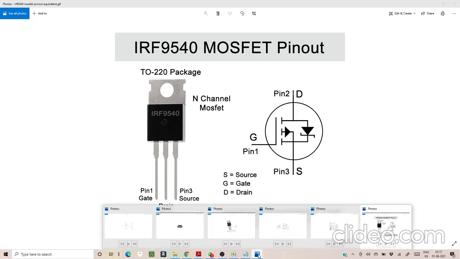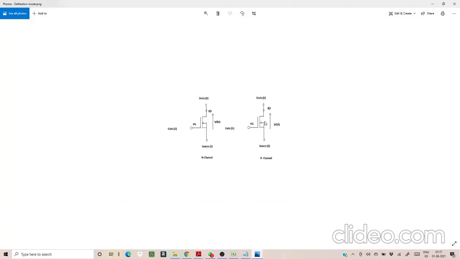So let me show you the difference between the P-channel and N-channel MOSFET. You can see the P-channel and N-channel MOSFET here. In the N-channel MOSFET, you can see that the arrow at the source pin goes in towards the gate. That looks like the N-channel MOSFET. And for the P-channel, what happens?